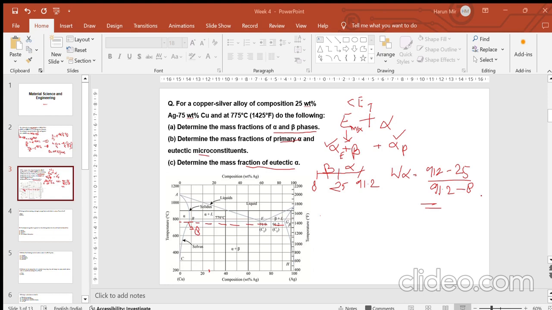Anybody? What is the value of your mass fraction of alpha? We are trying to solve part A of the question. I think the value is around 0.79, which is 79%. So we have weight percentage of alpha as 79%,